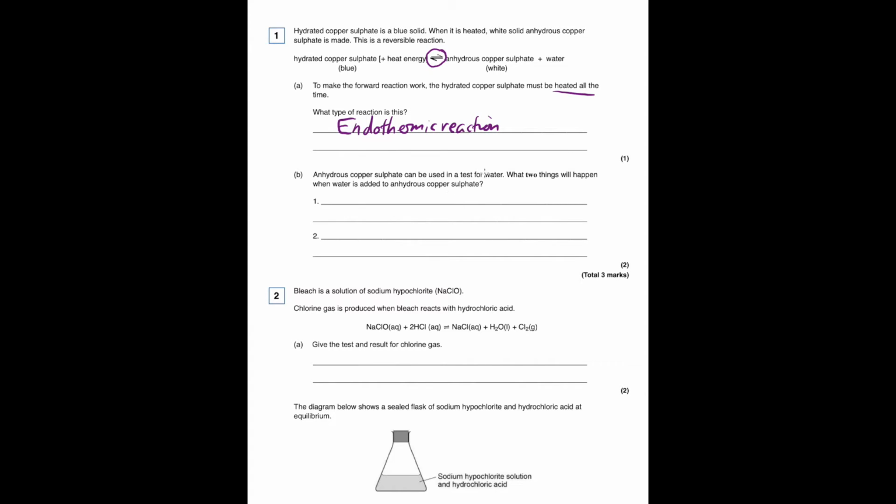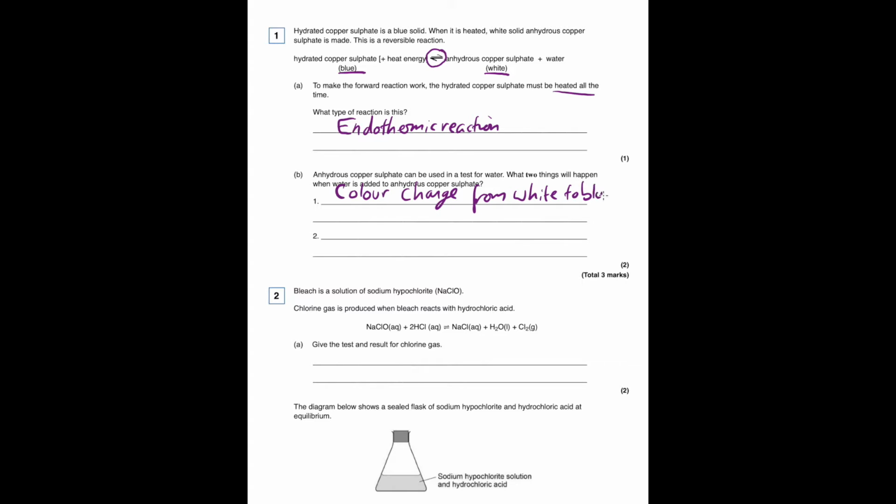Anhydrous copper sulfate can be used as a test for water. What two things will happen when water is added to anhydrous copper sulfate? So one of these things they've given us in the question. So we can see that our anhydrous copper sulfate is white, but when we add water to it, it's going to turn blue. So we would see a colour change from white